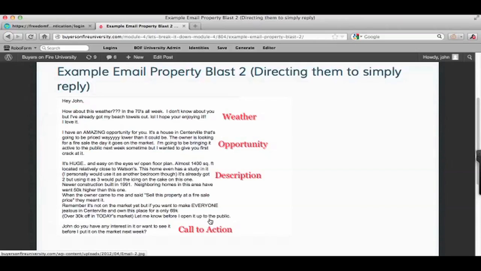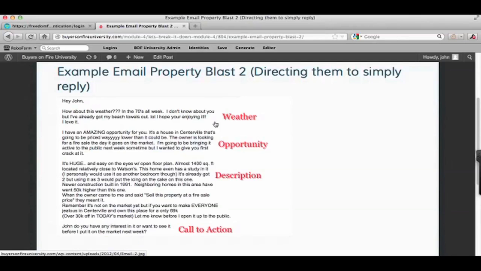Guys, I have tested this inside and out, and I can promise you that if I sent an email out to my buyers list of 18,000 people with a property flyer, I will probably end up getting about 2 people to reply to it. If I send this out, it's going to be in the hundreds. This exact email that I sent out, we ended up getting about 80 replies off of, because we've got a really good list in this area, and I can tell you that the copy is really good.